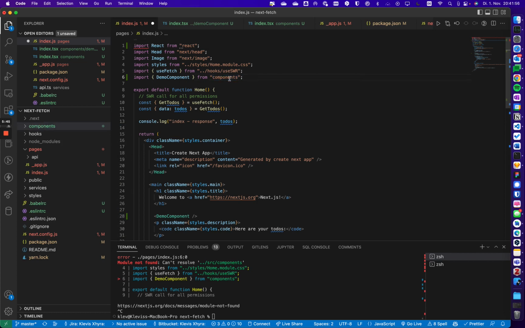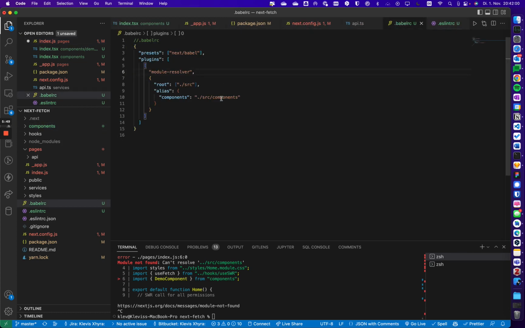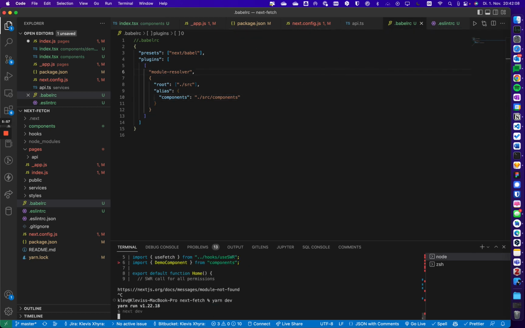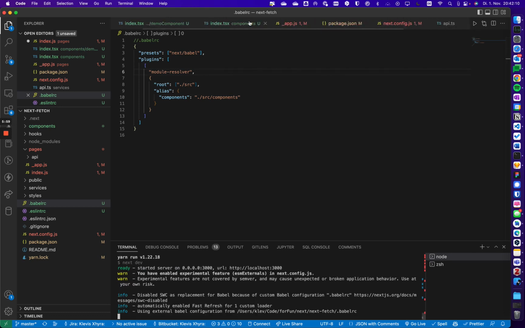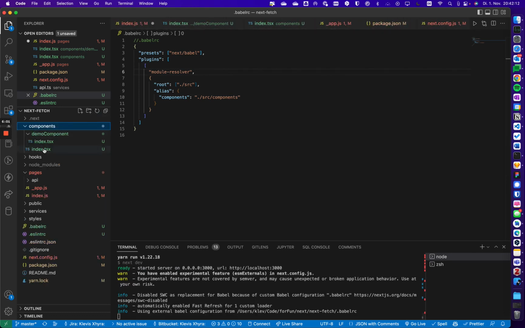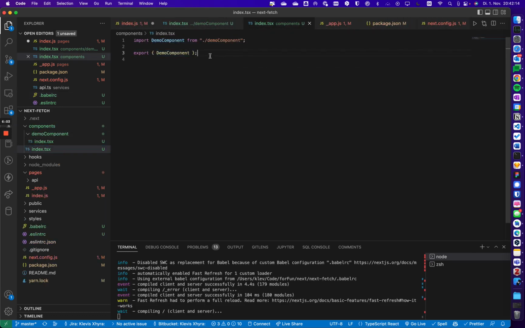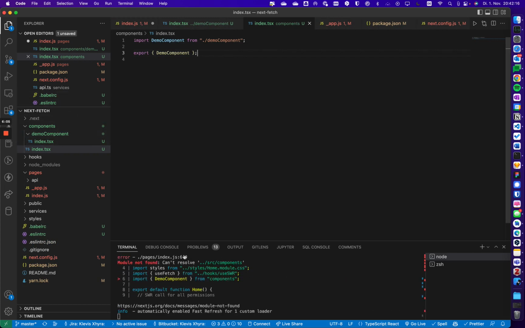I'm lazy to check if I wrote it correctly, and then let's go to Bubble to see. So it goes to source and components, and yeah, this should be alright. So let's try to refresh it. Let's go into this index here, and let's see that we got it from